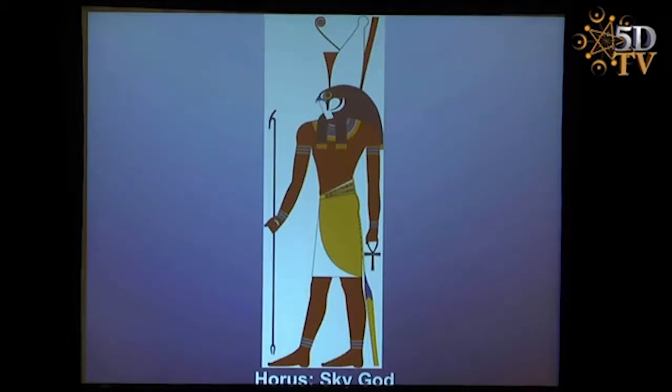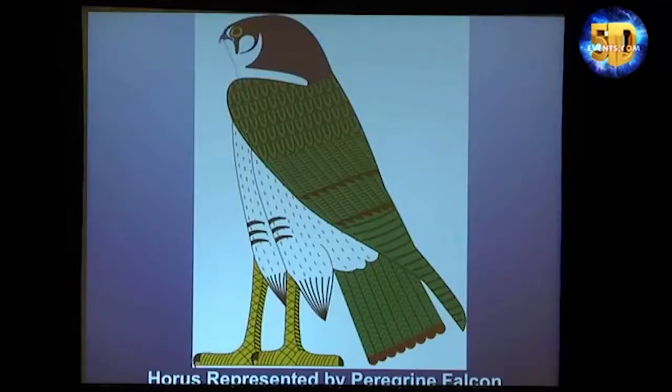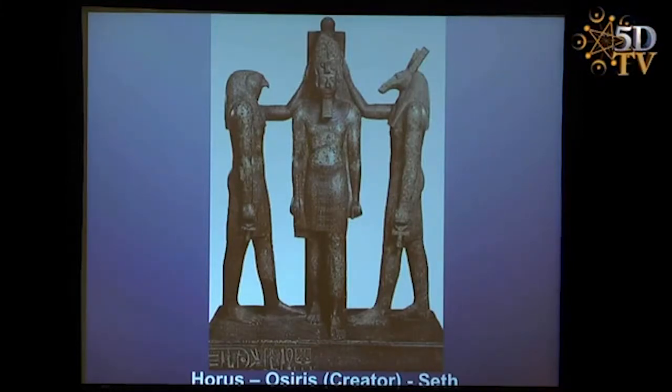So the eye of Horus, the sky god, he's represented by this falcon. And Osiris is the creator. Horus is on the left side there, and Seth is on the right side. And they were fighting for the throne when their father Osiris died. They were fighting, and